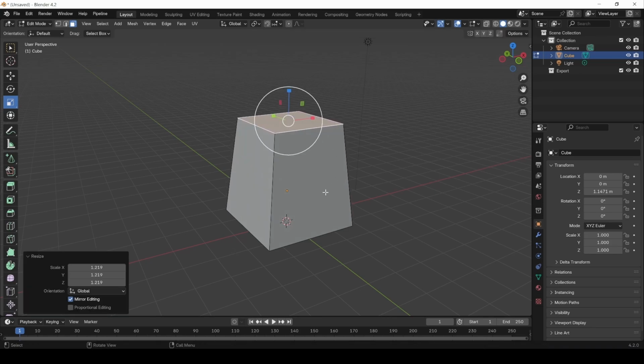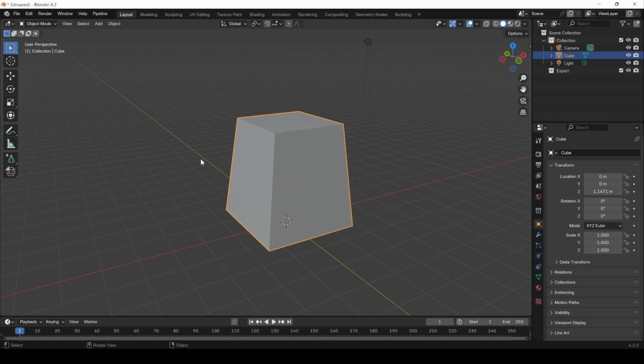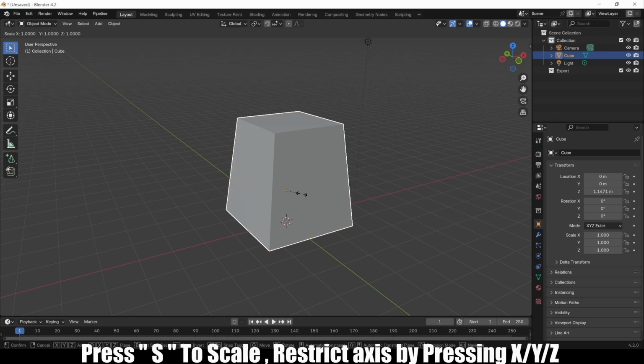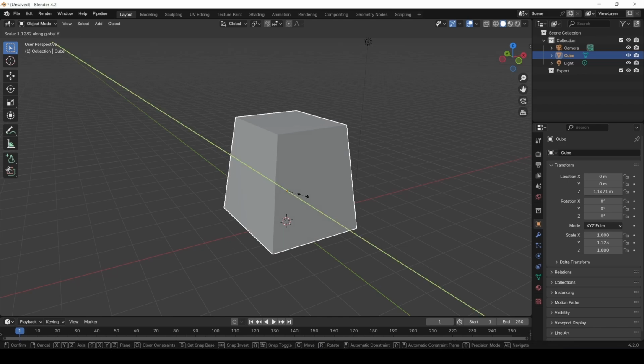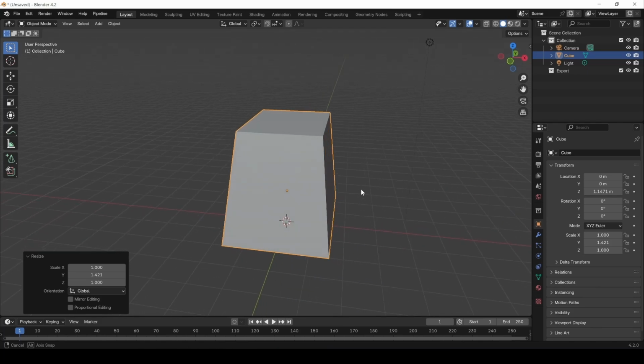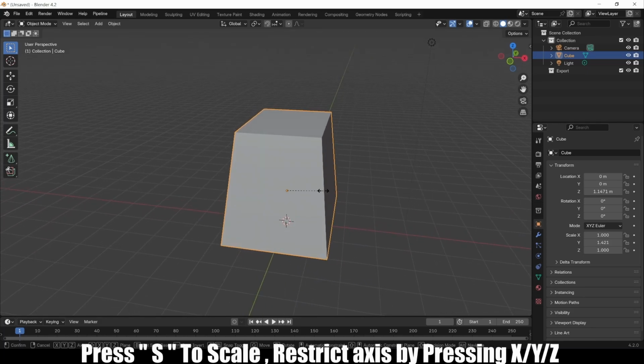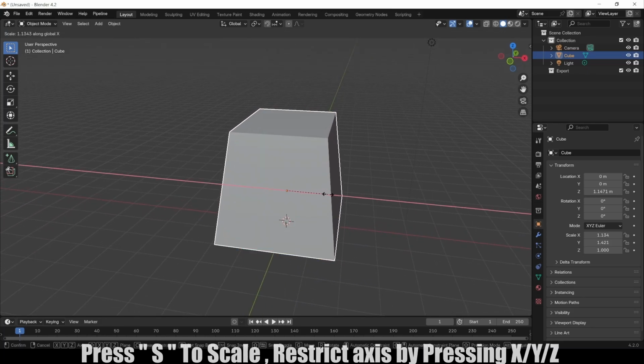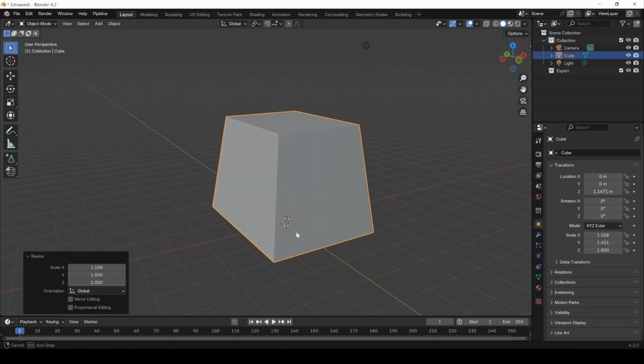Okay, let's go to object mode. I think it needs to be a little bit wider, so select your object, S, then restrict to only the Y axis by pressing Y and just move it on Y. Okay, same thing goes from here, S, then X, just on X. I think like that it looks awesome. Now